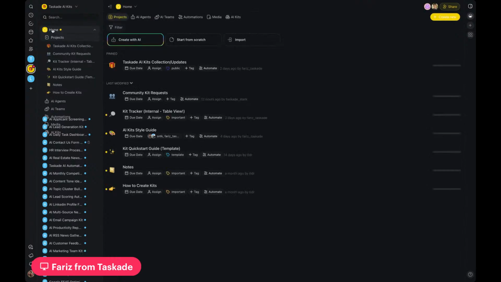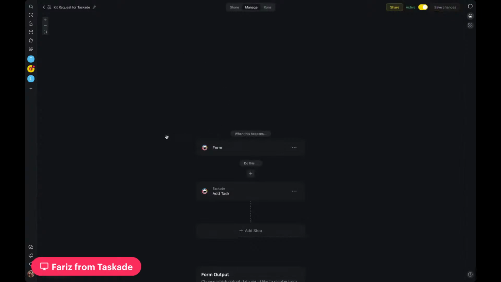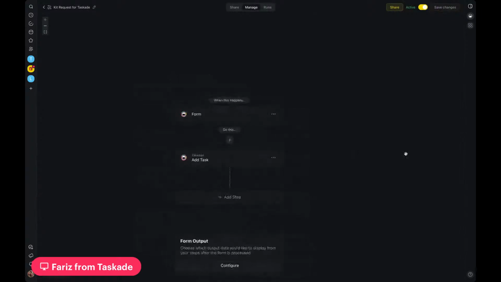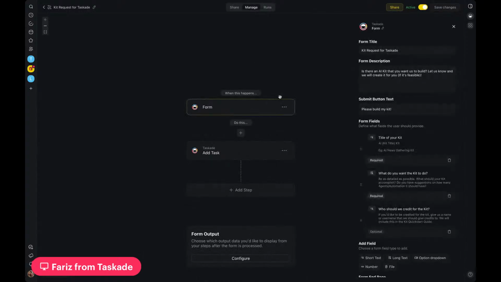So here's what I did. I created a very simple automation, kit request for Taskade, and I will show you guys how I created this form. See, 2 steps and it gets the job done. I love it so much. I'll share this form with you guys as well. So basically, this automation, 2 simple steps, and I get to track all the requests that come in. So basically, this is a form,